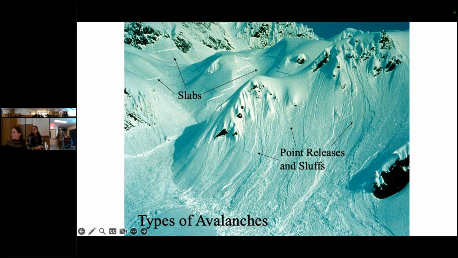It can be moving faster and have a lot more snow. And slabs are more dangerous forms of them. In that video we saw a minute ago, I was pointing out over here, as that avalanche is coming down, there was another secondary release that was much deeper, caused by the initial avalanche.